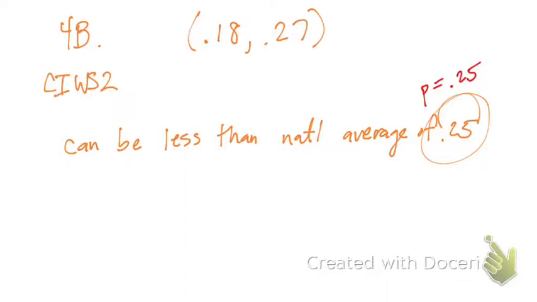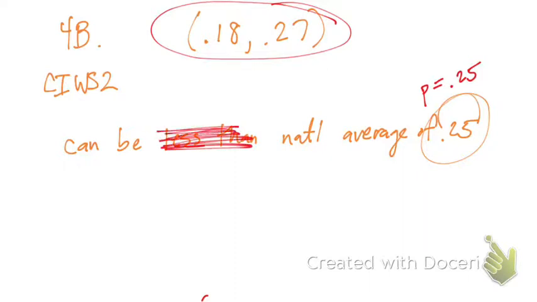And so what you're doing is looking at this right here and comparing it to the confidence interval. Most of the time questions would say, can it be the national average? So we're going to change that to say, could 0.25 be the national average? Instead of saying less. That's really ambiguous. So could the national average be 0.25? Yes. So the way that you would phrase it is you would say,